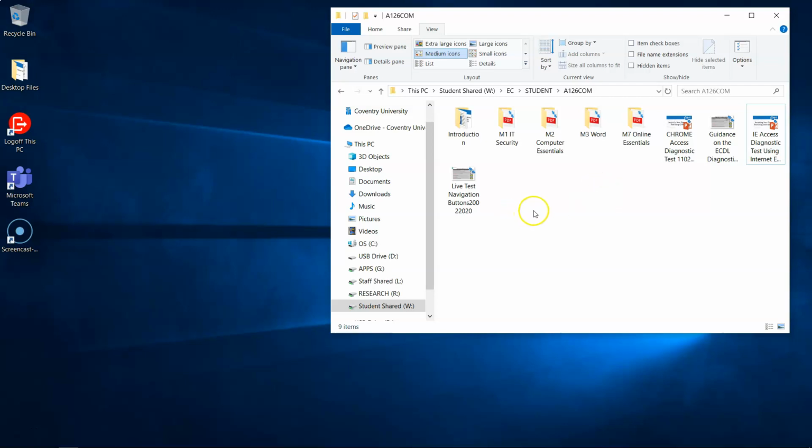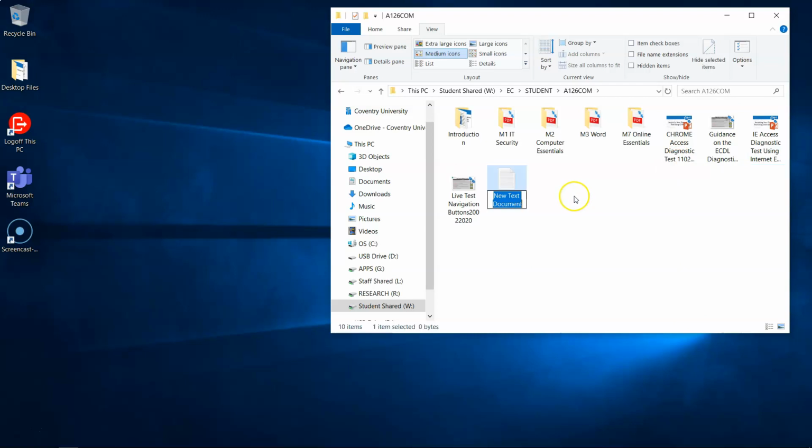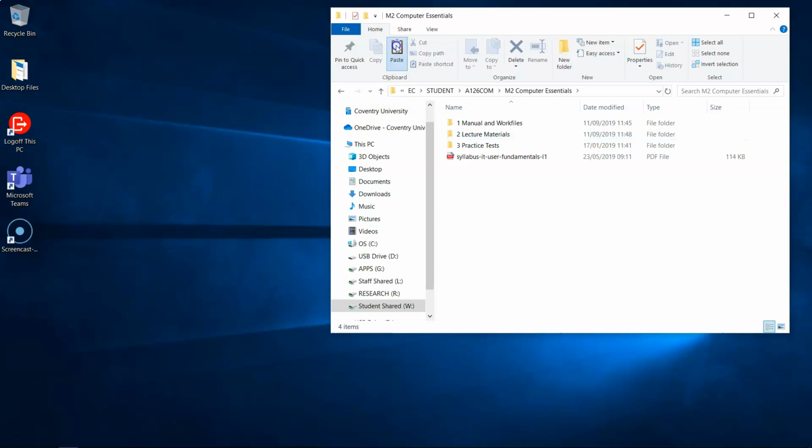So if you see just here, if I quickly create an example, just a quick text file as an example, and then what we can do is I can select and I can go to Home and I can cut. Remember, cut is move, and then if I was to go into your M2 Computer Essentials, I can paste it